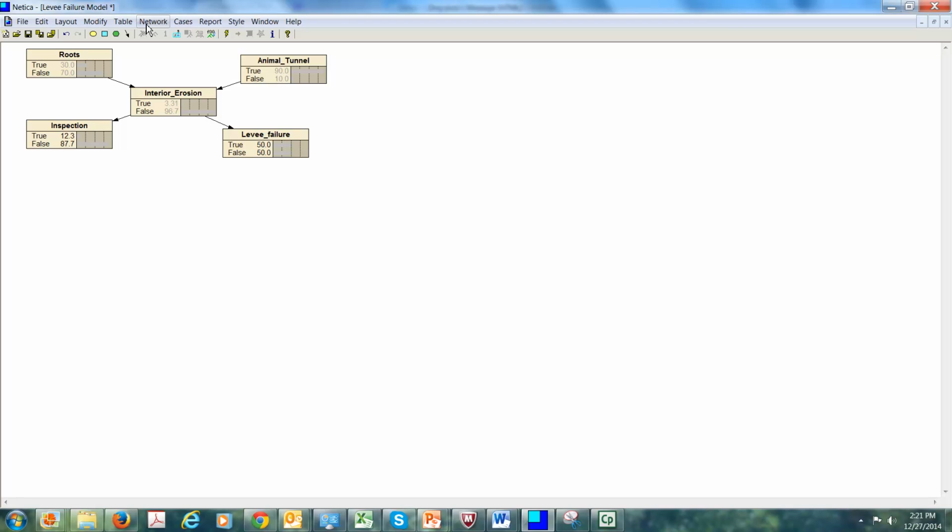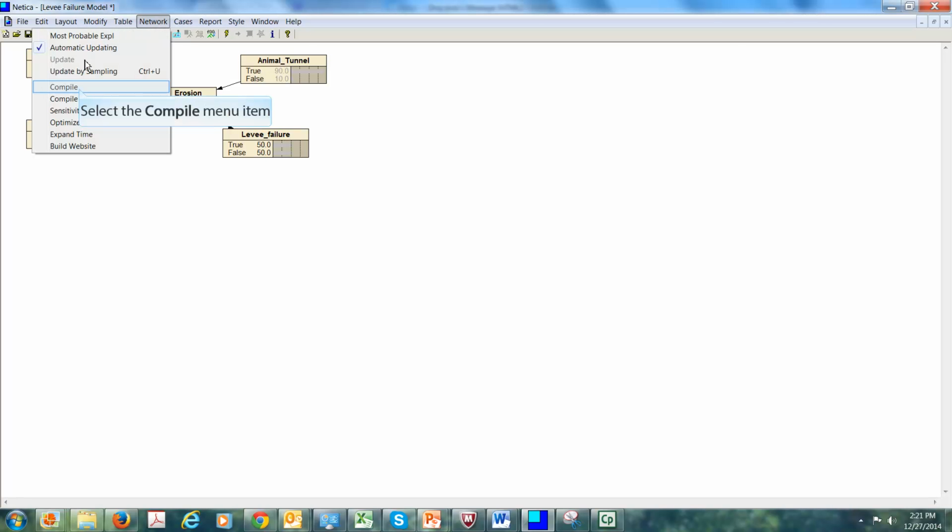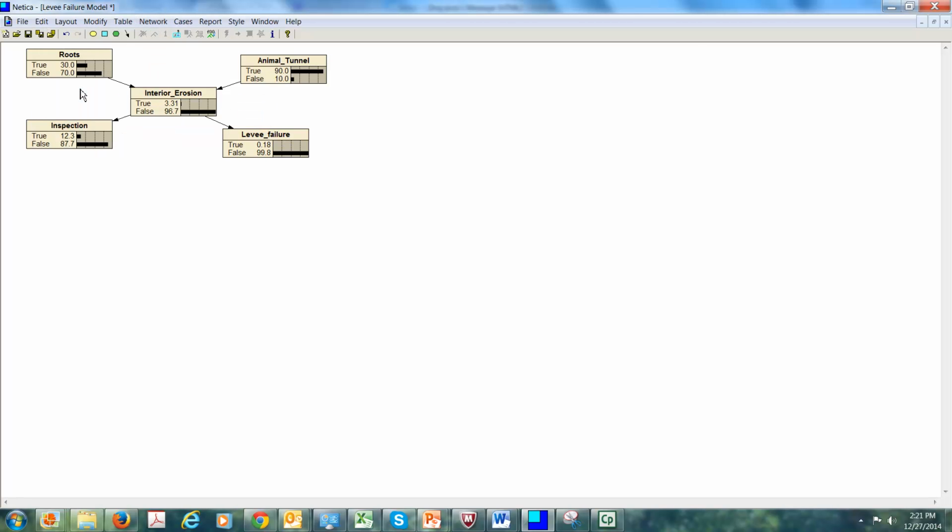You would do the same thing for every variable that you're going to input. Add the variable, use the arc to connect those variables, construct the probability tables, then go to the network and say compile. And this causes the network to calculate all the probabilities. So this is what you've seen throughout the other video here, and now I'm going to show you briefly how